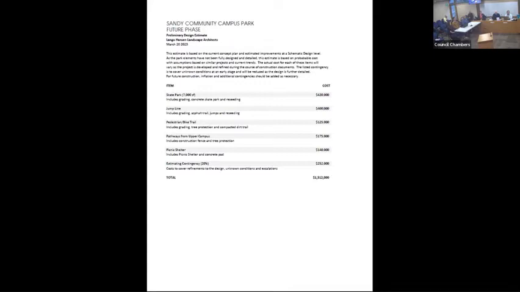The point I brought up before when we first saw this, and keep bringing it up, is that if you take the play area, the pump track, and the skate area, it's about $1.7 million of the 5.5 or so. I get the part about roads and parking and all the other infrastructure things we need to do, and I'm hoping that the value engineering things that everybody talks about work out, but knowing how public projects almost always overprice because of different things that we don't realize.